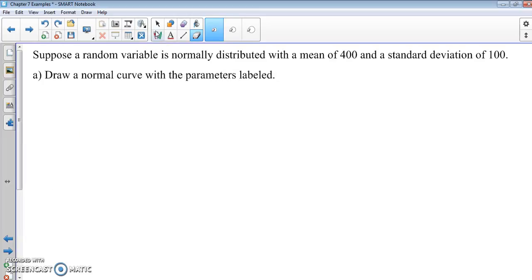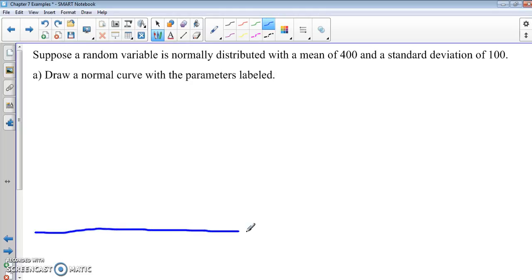Suppose a random variable is normally distributed with a mean of 400 and a standard deviation of 100. Draw a normal curve with the parameters labeled. So this is like what we were doing before when we were working with the empirical rule, and we drew on our normal curves. We're going to draw our horizontal line down here,